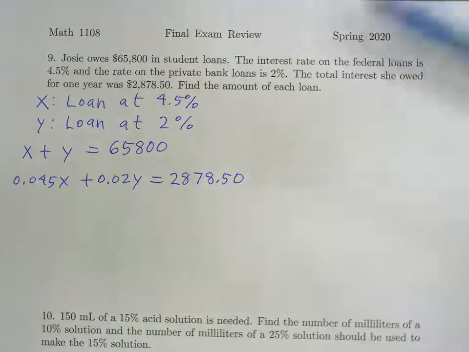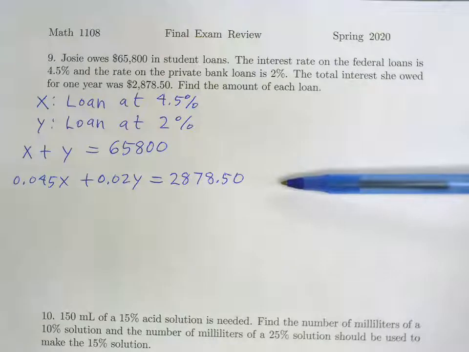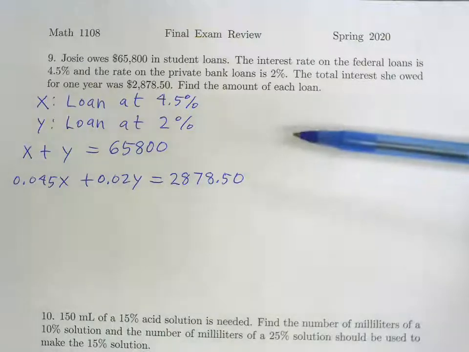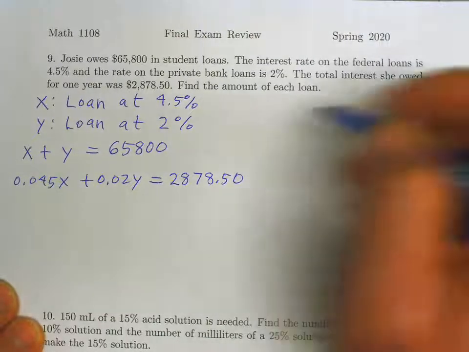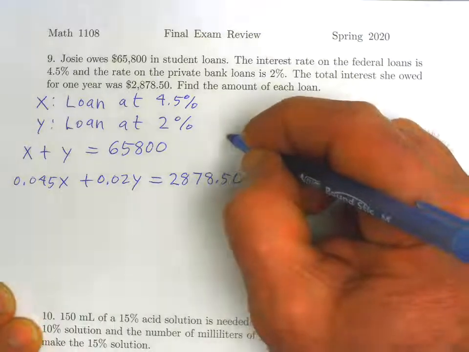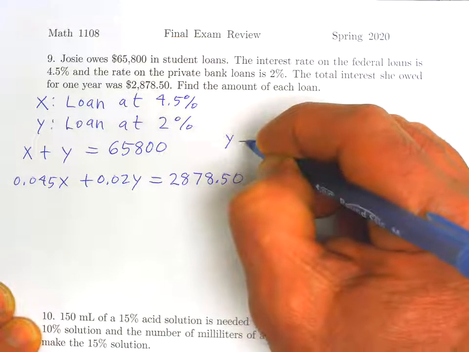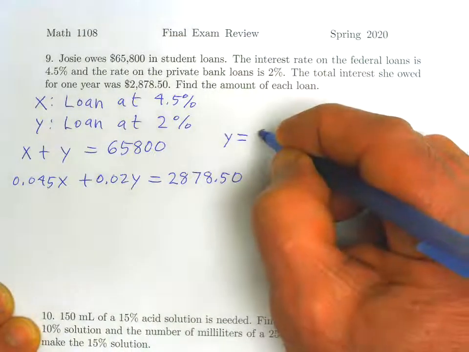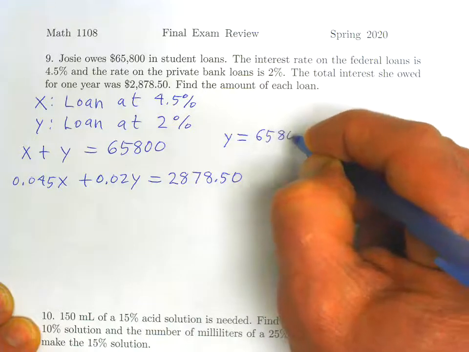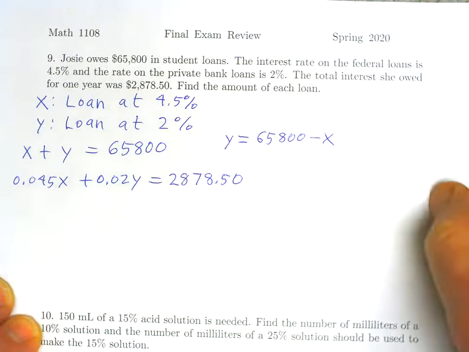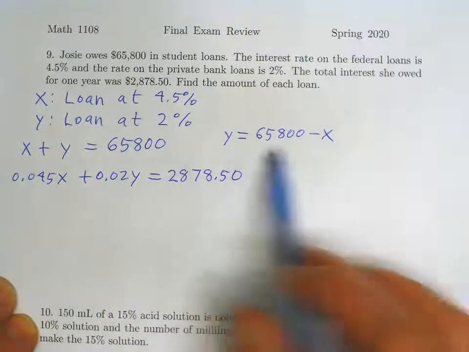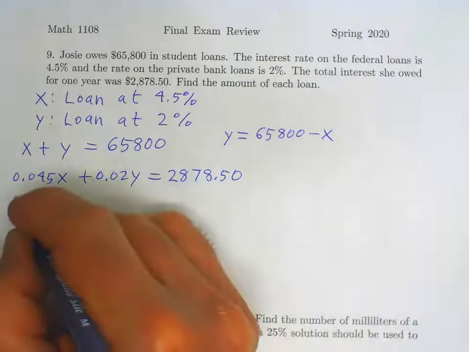Okay, we can solve this equation using the addition method or the substitution method. The addition method is also called the elimination method. For this example, I'll just use substitution. I'll solve the top equation for Y by subtracting X from both sides. So Y is equal to 65,800 minus X. And then in the other equation, we'll replace Y with 65,800 minus X, and we'll get